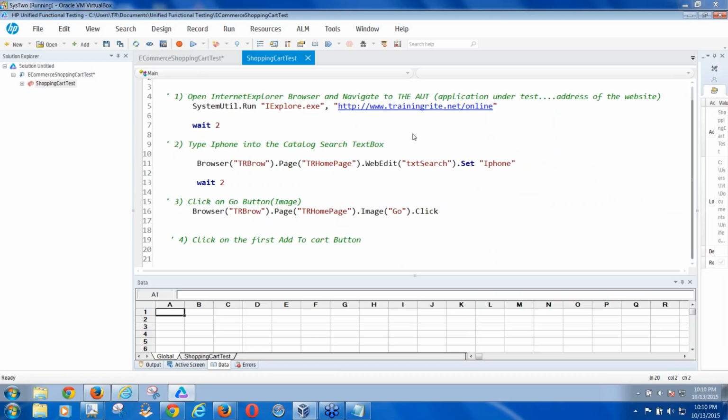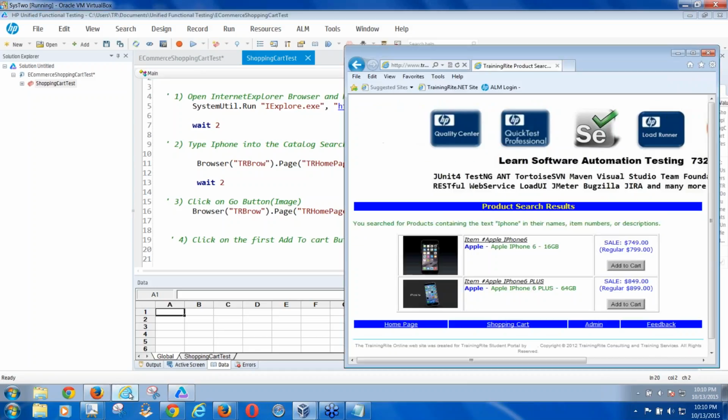Tell me how I am going to do that. Click on the first add to cart button. I want to click on it, and I want to write the code. How can I do that? Browser